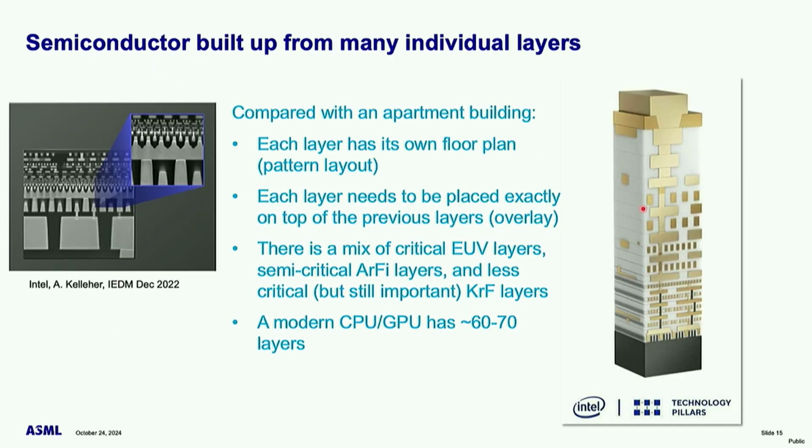And with that, we can then, in the end, build a structure like what you see here. Looks a little bit like an apartment building. All the way at the bottom, you see those transistors. They are very, very tiny. At the lowest level, they all get connected with very fine...